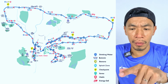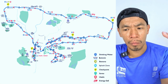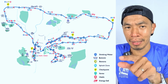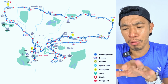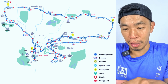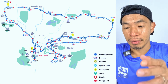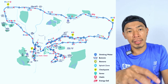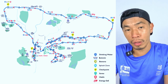If I'm not wrong, this water station is just slightly up the hill. When we're going down, there is one water station over here. I remember last year I sat there to take a break before I continued running at the 37 or 39. I can't remember which station I stopped at. The 39 is directly in front of the PWTC, and there's another water station with 100 Plus. So the route over here is basically up and down hills all the way down